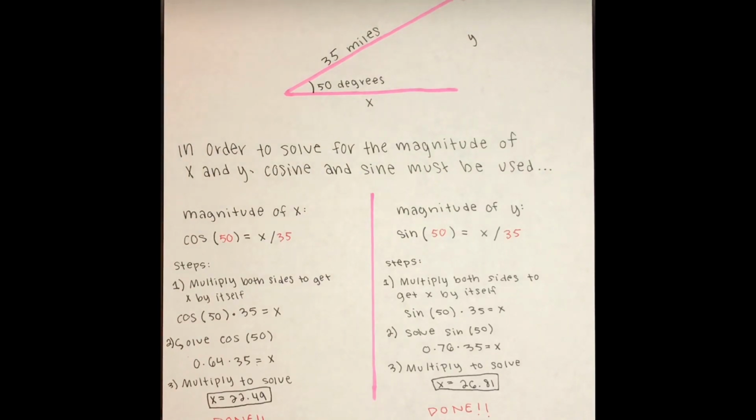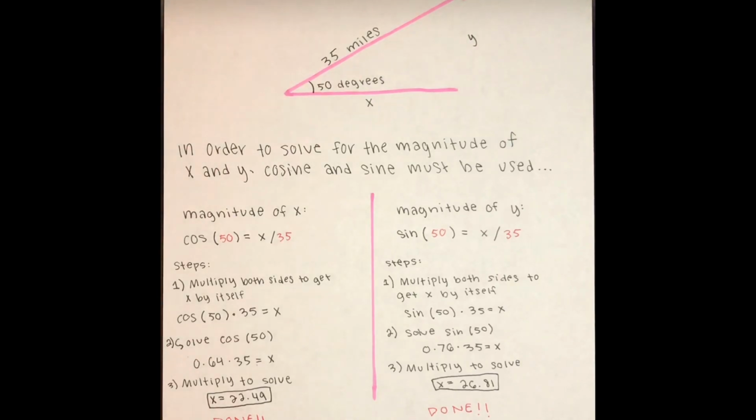Magnitude of x: cosine 50 equals x divided by 35. Steps are: 1. Multiply both sides to get x by itself, leaving us with cosine 50 times 35 equals x. 2. Solve cosine 50, which is 0.64, times 35 equals x. And lastly, multiplying to solve, x equals